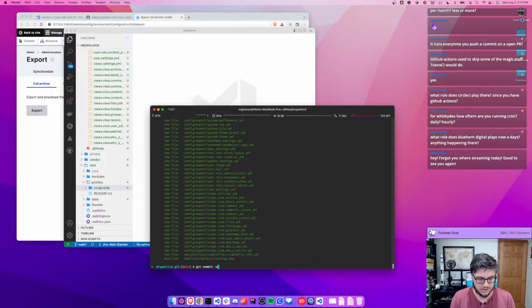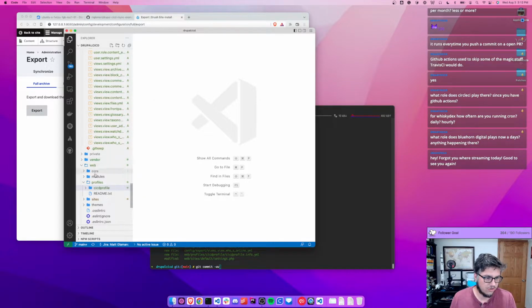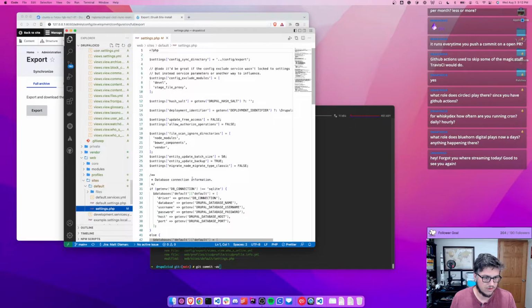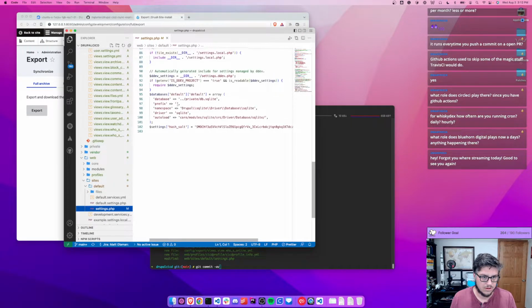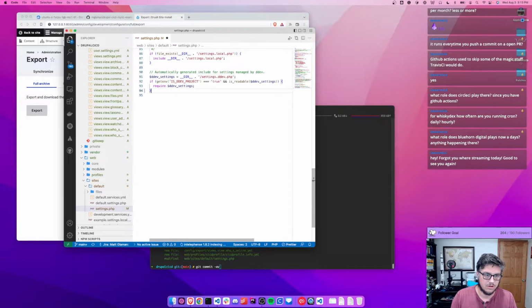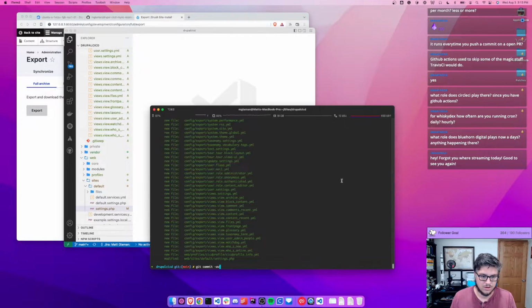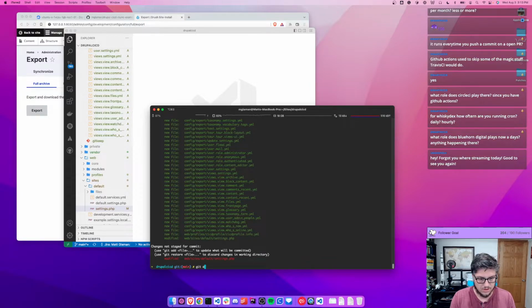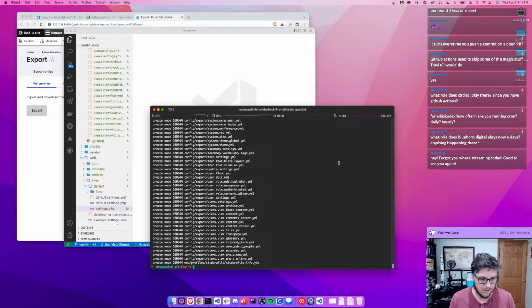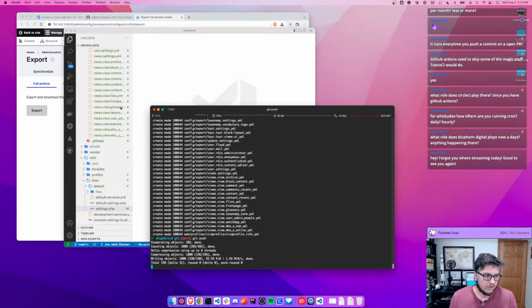Git commit. What changes did you make to sites default? Oh, no. Status. Git commit, add config. All right, now we're here. So let's go